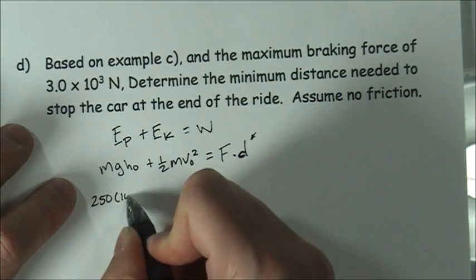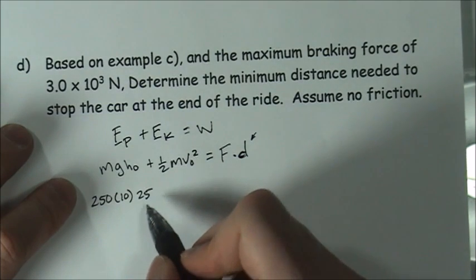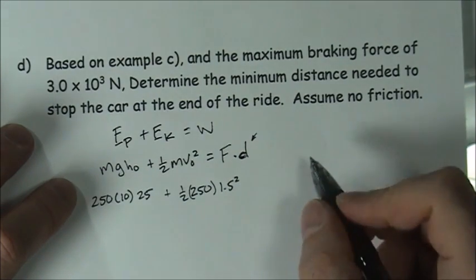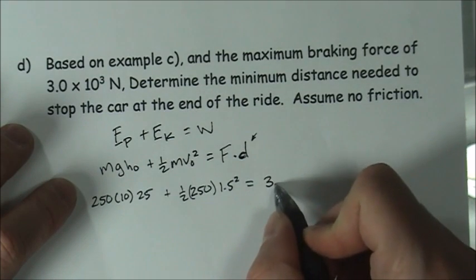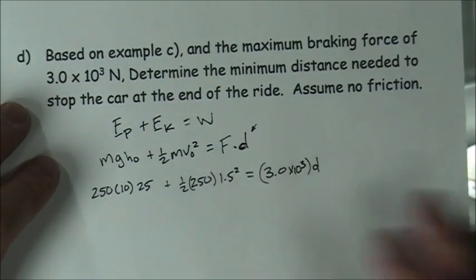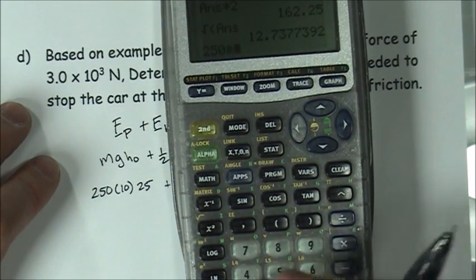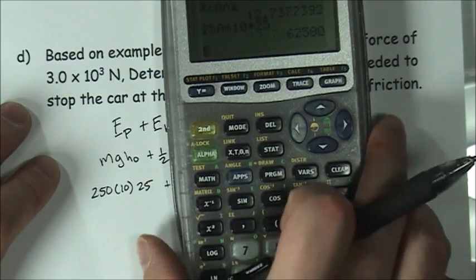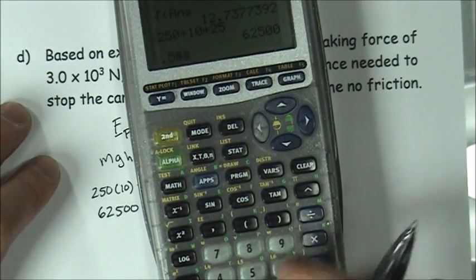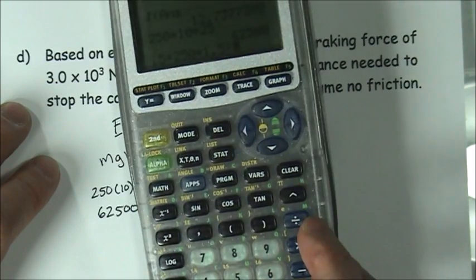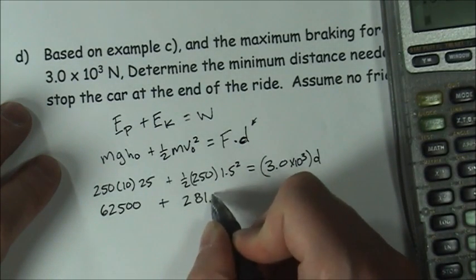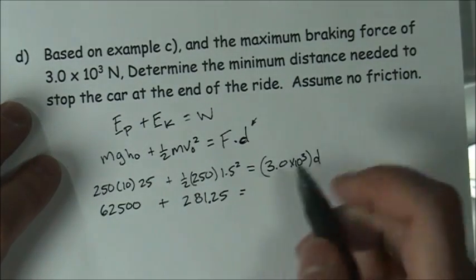So I can go ahead and start plugging in all the numbers. We had 250 times 10 times 25. That was my mg h naught, plus 1/2 times 250 times 1.5 squared. And that must be equal to 3,000 times d. So putting the numbers together over here, 250 times 10 times 25 equals 62,500, plus 0.5 times 250 times 1.5 squared. That's 281.25, and that must be equal to